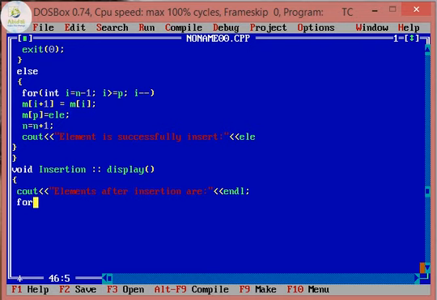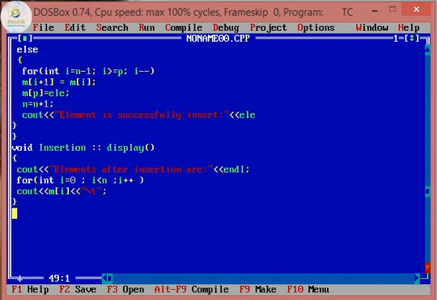Use a for loop to begin displaying, where I begins with 0, I is less than the number of elements, and I increases each time by 1. Instead of cin we will have cout. M of I value will be displayed with a tab, \t. That's the display function.